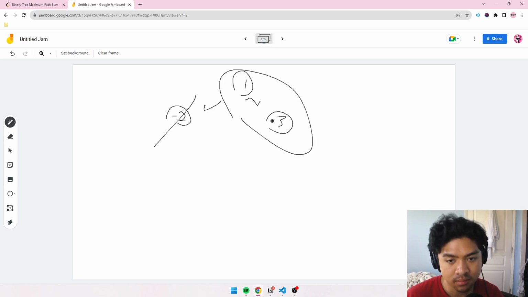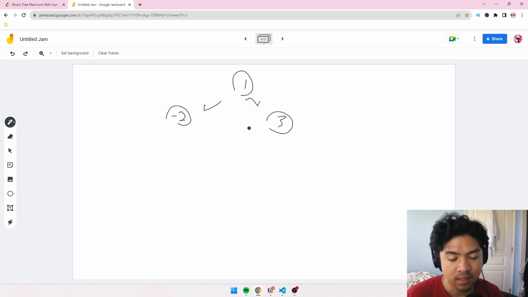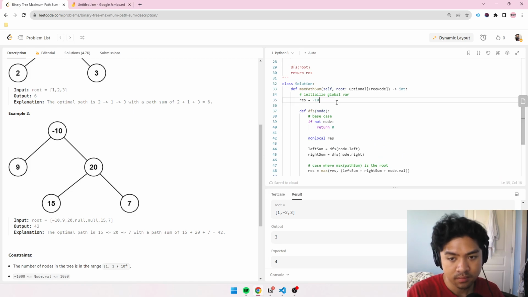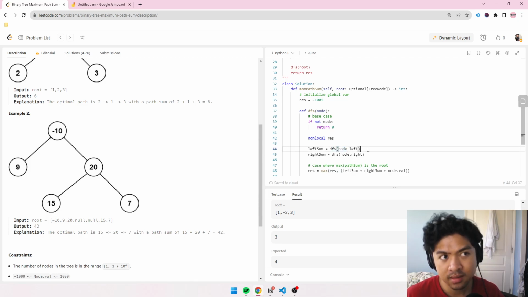So that's why they get 4 instead of 3. So the way that they do that, let me put res back to -1001, is that they say left sum is equal to whatever this is, and then